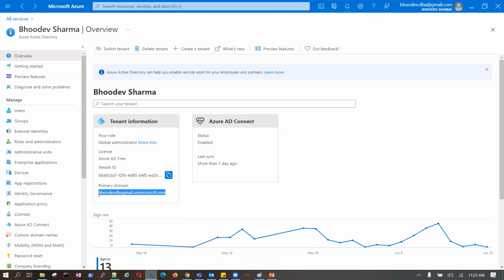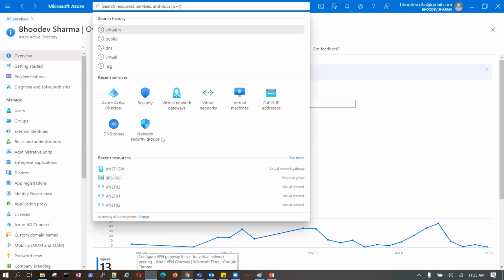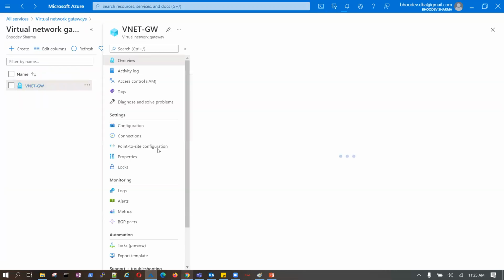Okay. I think it is asking for the tenant ID, not the domain name. The above one. It was asking a URL, right? Look at, okay.